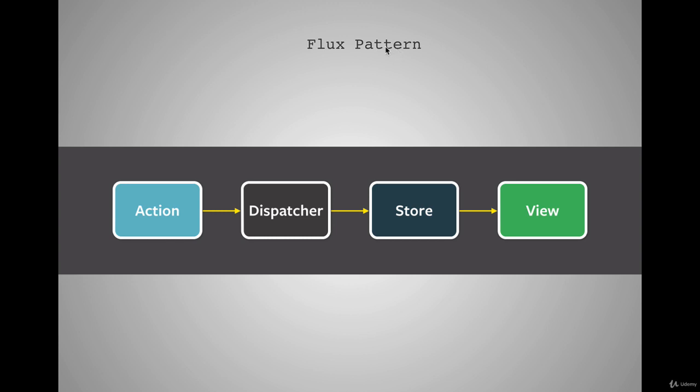This flux pattern, which inspired the library Redux, has the idea of having an action and then a dispatcher that dispatches this action to the store, which is our state, which updates the view. And it's one-way data flow. Everything flows one way. If the view gets updated, we go back to the action, which again goes through the dispatcher that dispatches the change to the store and then to the view. And this was a pretty revolutionary idea